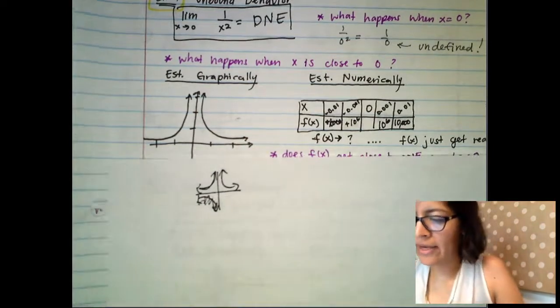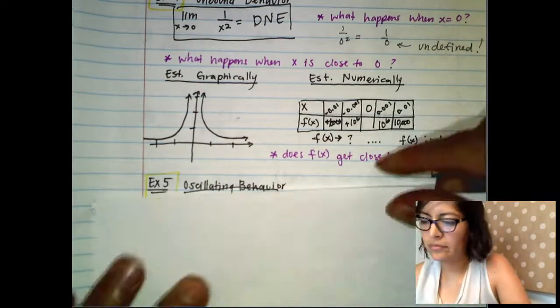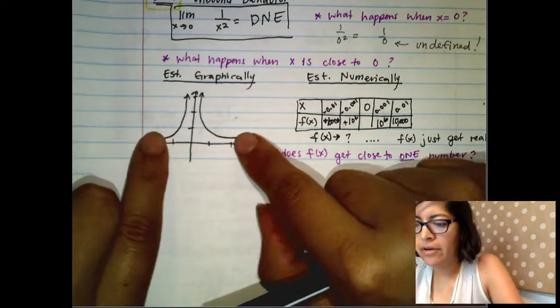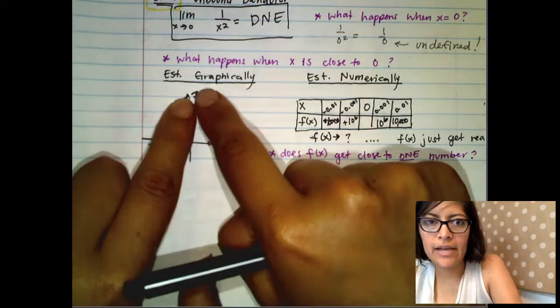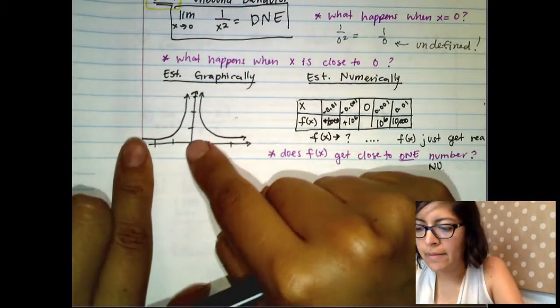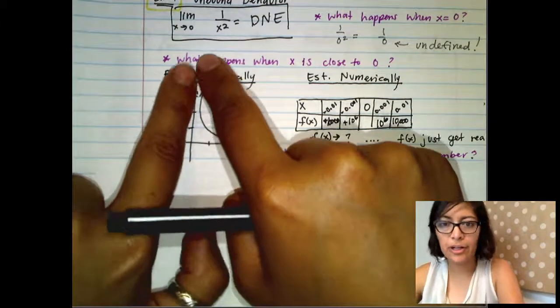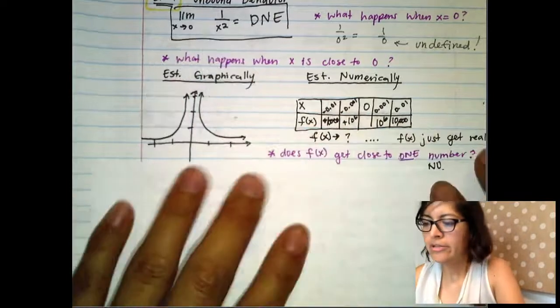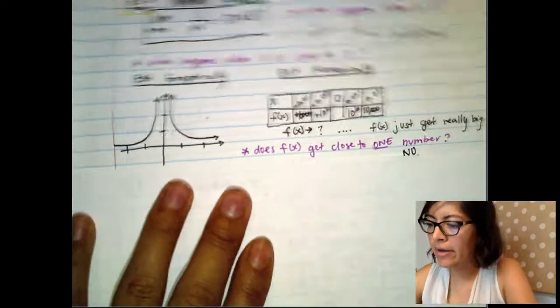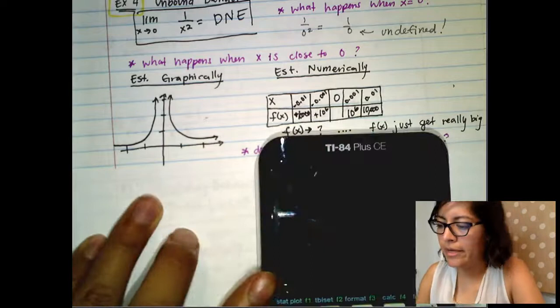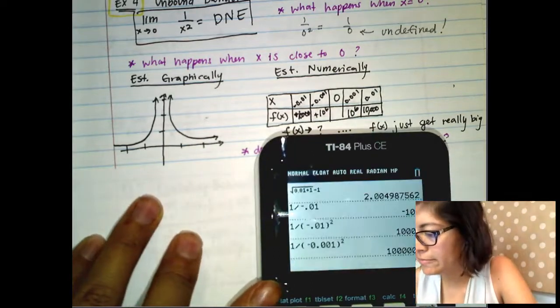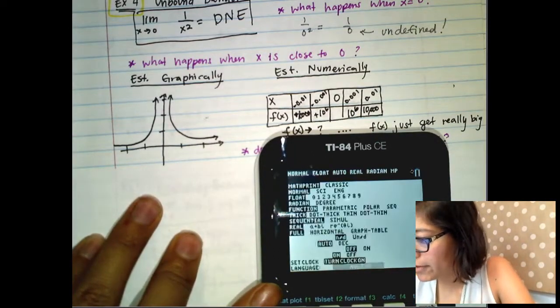But looking at this, as we go from the right hand and from the left hand side, and as x gets closer and closer to 0, these numbers seem to be getting larger and larger and larger. So if we look at it numerically, if we were to plug into our calculators,